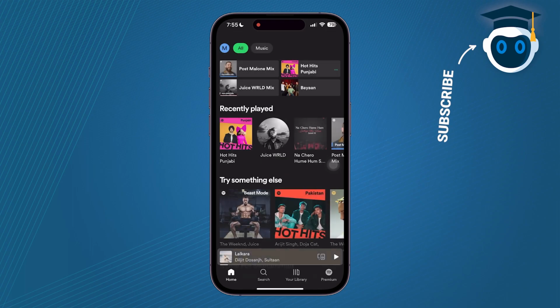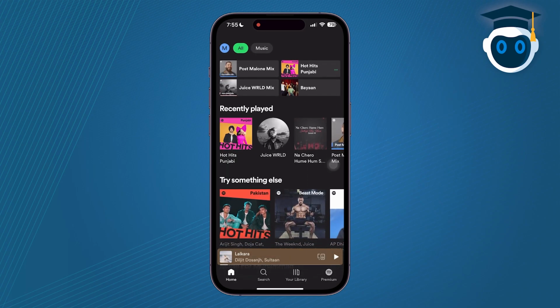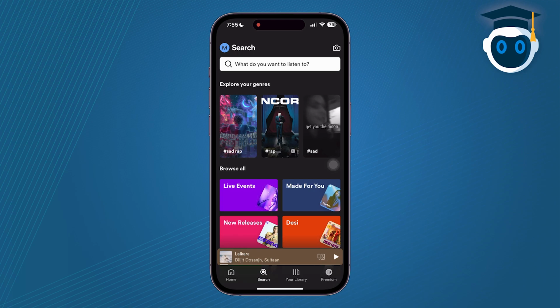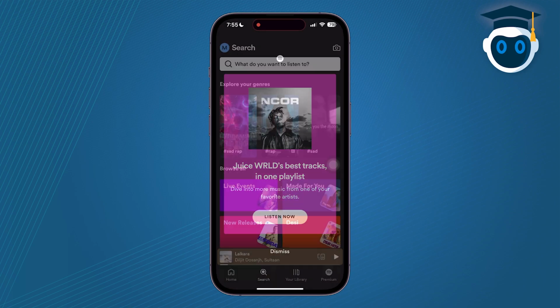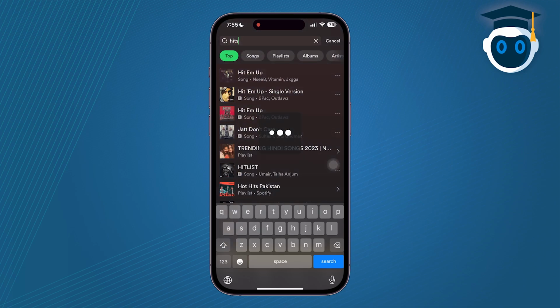Simply head over to Spotify and you can see now Spotify is opened. So to find the latest artist or the top artist in 2023, you can simply head over to search, and here you can see we have the search bar on top. We can simply search for hits